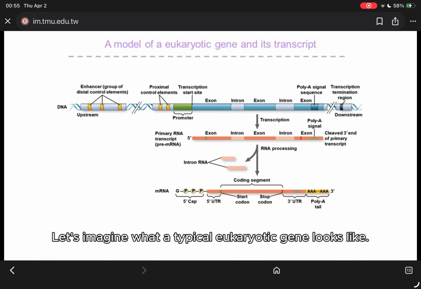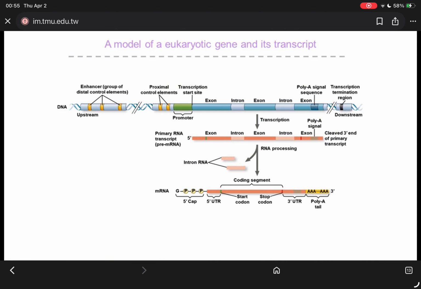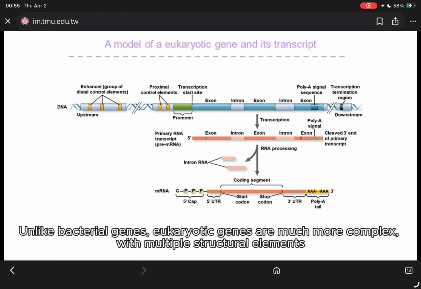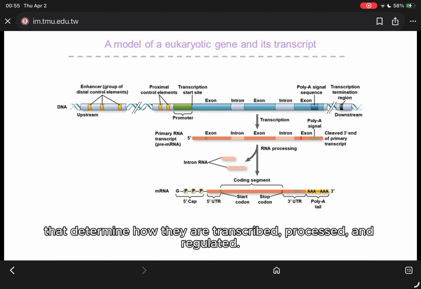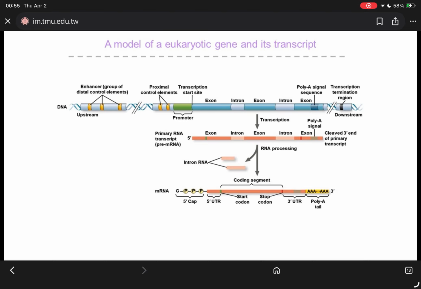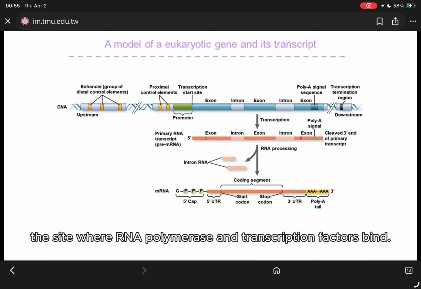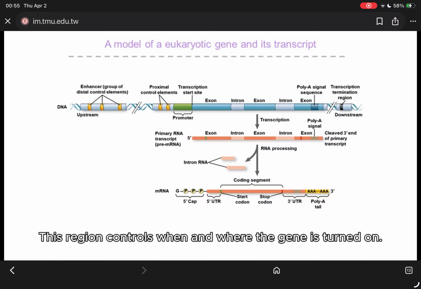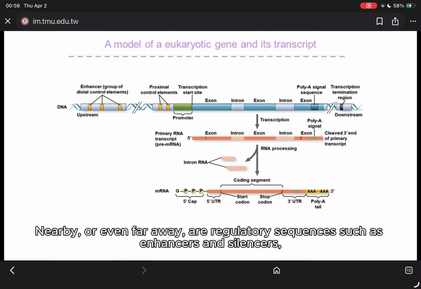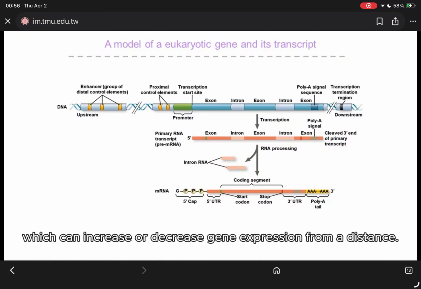Let's imagine what a typical eukaryotic gene looks like. Unlike bacterial genes, eukaryotic genes are much more complex, with multiple structural elements that determine how they are transcribed, processed, and regulated. At the very beginning is the promoter, the site where RNA polymerase and transcription factors bind. This region controls when and where the gene is turned on. Nearby or even far away are regulatory sequences such as enhancers and silencers, which can increase or decrease gene expression